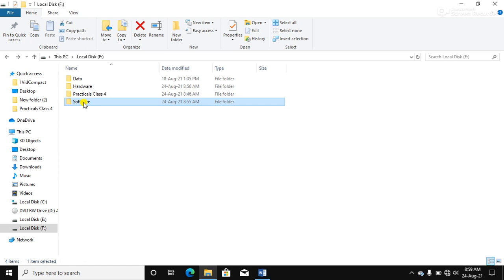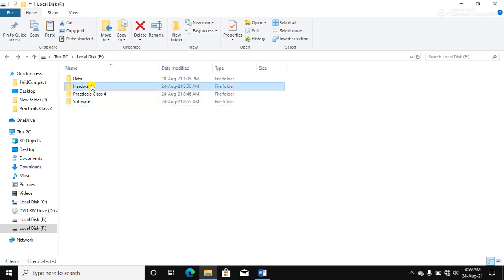Select the copy option by clicking copy option. Okay, so here you can see in a home tab copy option is there. So click on that copy option. Okay, and select the folder or place where you want to put the files or a folder. So suppose I want to copy software folder into hardware.